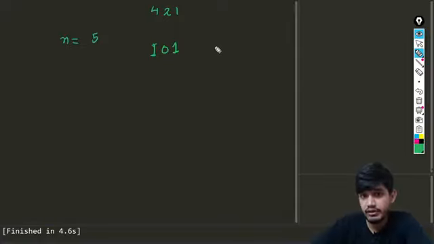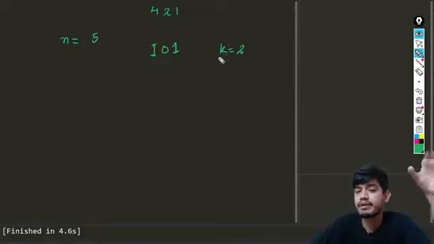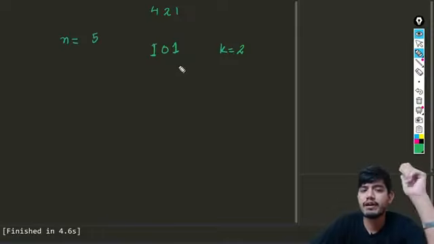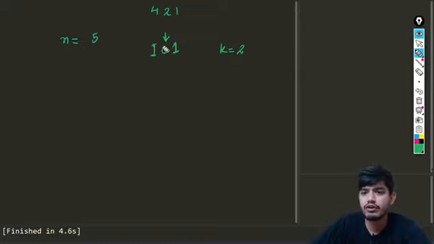In this you can see k equals 2. This k equals 2 is counted from the right, and we want to set the second bit from the right. So what is the second bit from the right? This is the bit which we are talking about. So let's start to set this bit. How can we set this bit? Our task is to just set the bit.